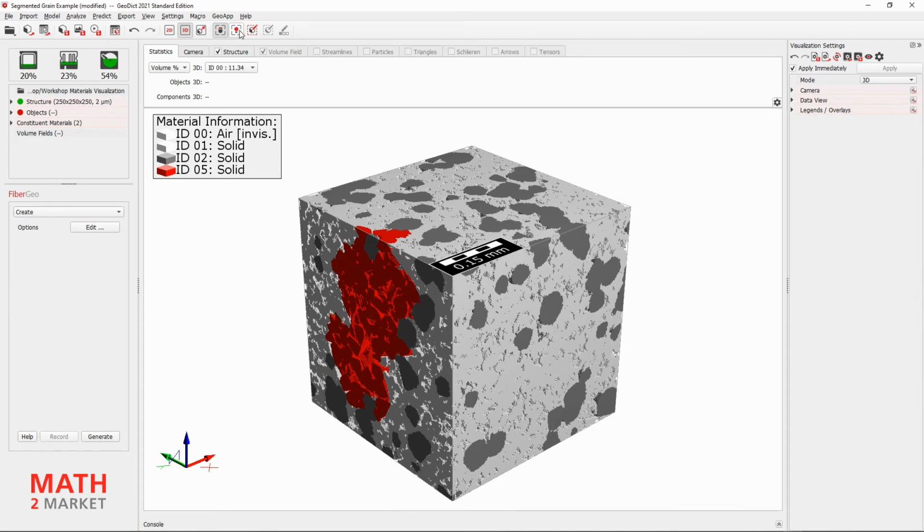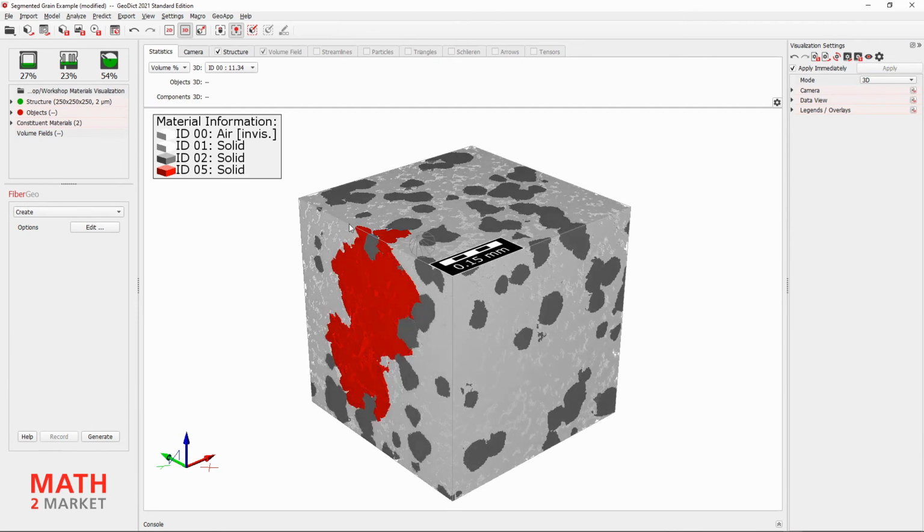We click on the icon for the light source in the toolbar here, and now the function of the mouse in the visualization area has changed to moving the light source instead of adjusting the camera. Also, a small icon in the visualization area has appeared that shows us the position and direction of the light source. We move the light source by holding down the left mouse button and moving the mouse.